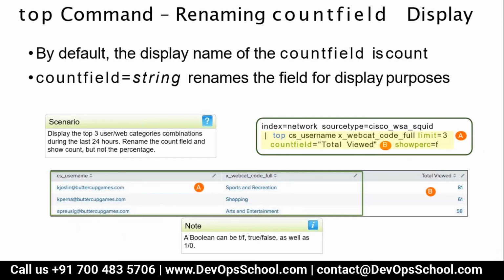How can you change it? Look at the scenario first. Read this very carefully. Display the top 3 user and web category. Okay, here user and web category. So here there are 2 conditions. Okay, and user and web category combinations during the last 24 hours, and rename the count field and show count